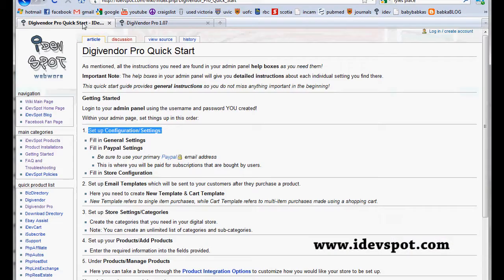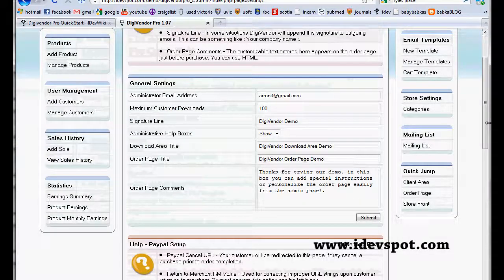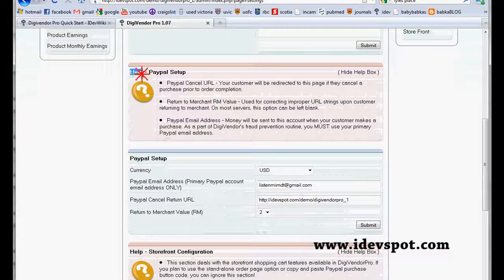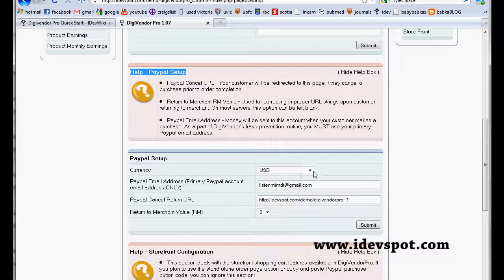and then we'll go back to our wiki and see that the next step is to fill in the PayPal setting. This is still under configuration and settings, so we'll go back to our admin section and just continue scrolling down. Notice that there's a help box here to help you understand the PayPal setup options. Basically, you have the option of what currency you want. You must fill in your PayPal email address, and it must be your primary PayPal account email address only, or else things won't run smoothly. And so continue on filling this down,